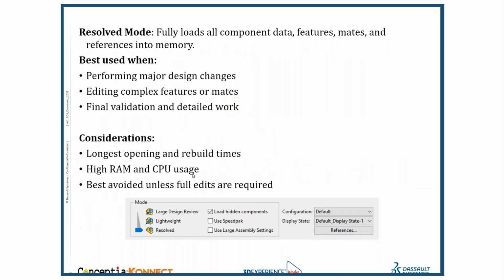Data, features, mates, and references into memory. So this mode is required when performing major design changes or editing complex mates. Basically, in all industries, they will be using complex designs only. Why? Because it completely loads the data, features, mates, and complete references of all the files